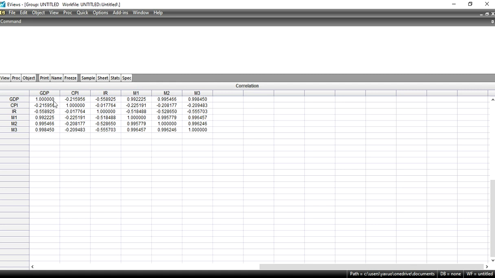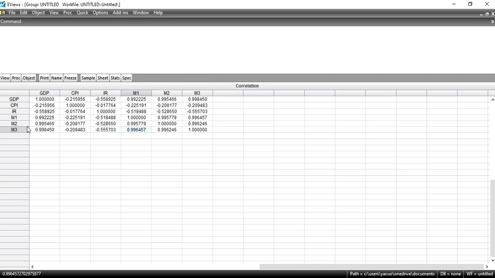It is our ideal situation when the independent variable is highly related with the dependent variable. We have to relate the independent variables with each other. As you can see, M3 is highly related with M1 as their correlation value is greater than 90%, which means that M3 and M1 are highly correlated.